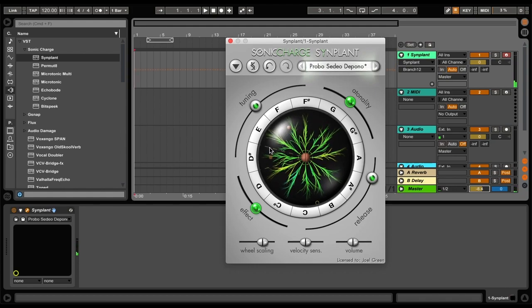Now, each one sounds completely different to the other, which is unique in itself because not many synths you can have each individual key make a different sound unless you play with a heap of key mapping, and that gets complicated. But in 10 seconds, we've done that, and it sounds like this. So every single note is like completely different. How crazy is that? So what you can do now, you can kind of select a branch or a sprout